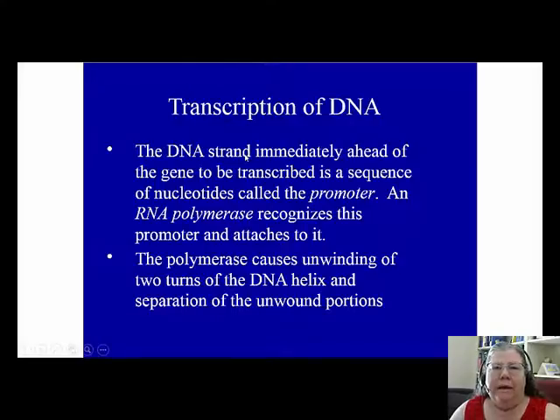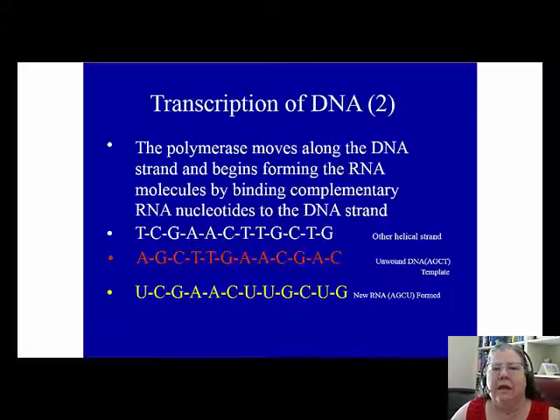The bit of DNA that's ahead of the gene that's going to be transcribed is called the promoter. So the RNA polymerase finds the promoter, attaches to it, separates the 2 strands, unwinds, and separates this helix. And then that polymerase moves along the DNA and forms RNA molecules by finding a complementary nucleotide and adding it